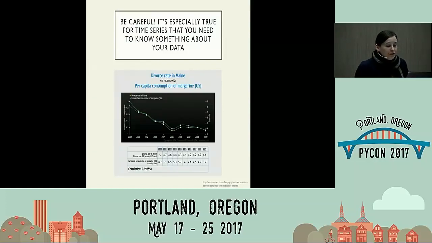Final warning, be careful. Again, it's especially true for time series that you need to know something about your data. So what I've got here is divorce rates in Maine versus per capita consumption of margarine for the entire country. So you might try to gaslight me and say, well, maybe they really are related, but I'd say it's Maine versus the entire country. So apart from the margarine versus marriage bit, there's also the geographical mismatch. You can actually look at entire web pages that are full of these fake causation, correlation type things. They're pretty funny. I don't know how people have the time to find them, but just be very aware of that. And that can pop up even in your own work. So something to keep in mind.